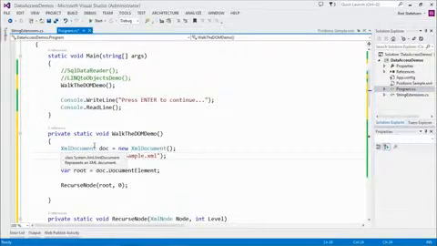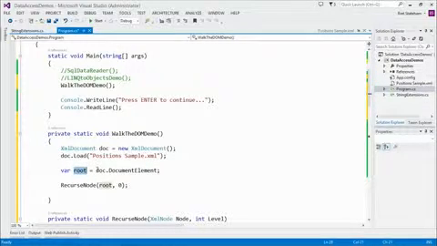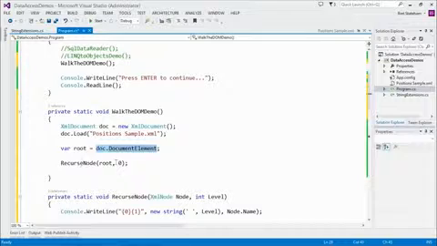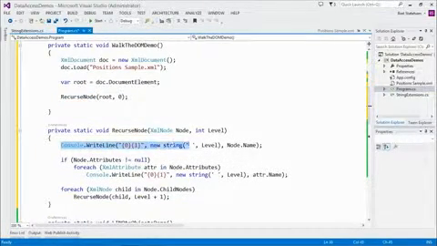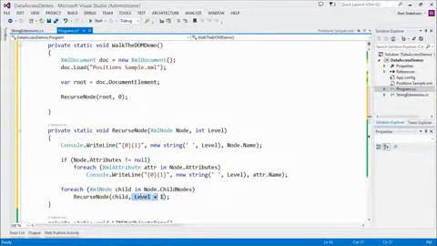And at that point, it's going to check for well-formedness and make sure that it looks like a good structured document. And then from there, I can get the root by asking for the top level document element out of that XML thing. And then what I'm going to do is go recurse it. Now, all I'm going to do is basically report out the name of the node with a certain number of spaces in front of it, and that's the level. So we'll start out at 0 spaces, so it'll be all the way up against the left, and then the subsequent ones will add 1 to the level as we recurse into them,